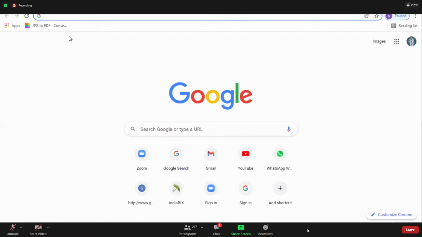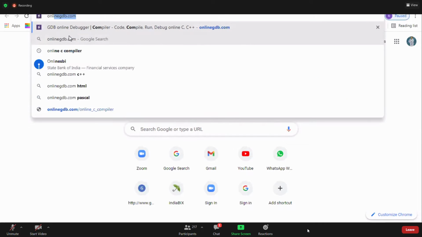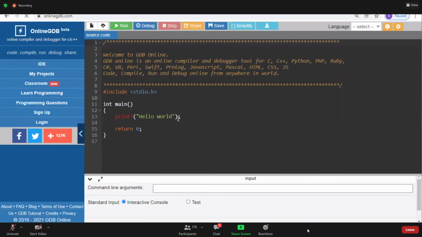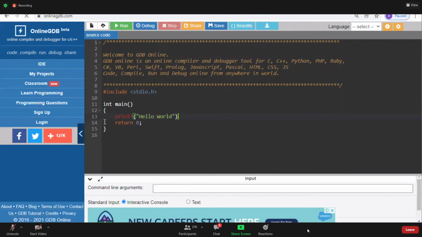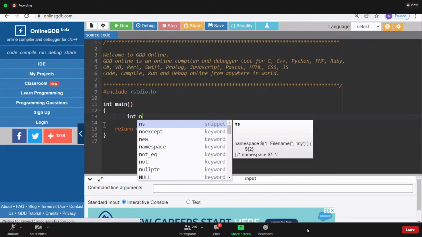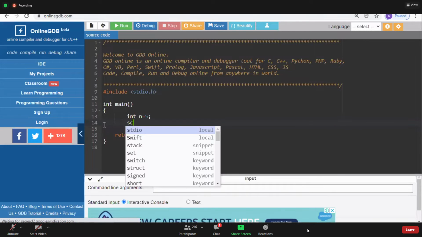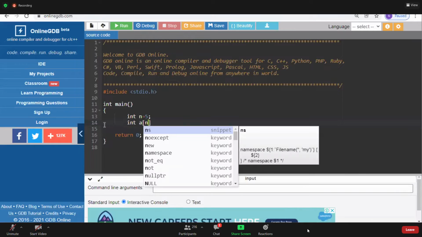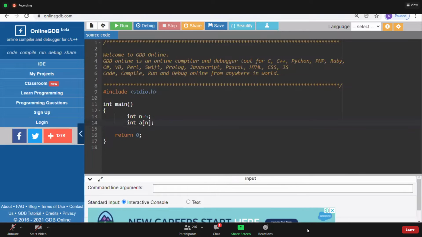See, guys. For example, see, an online GDB compiler is there. Yeah. Can I write here, guys? It allows this kind of declaration. int n is 5. scanf, or int a of n. It allows this kind of declaration. I will show you.